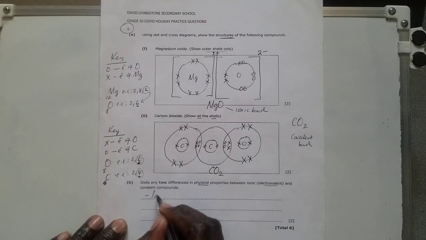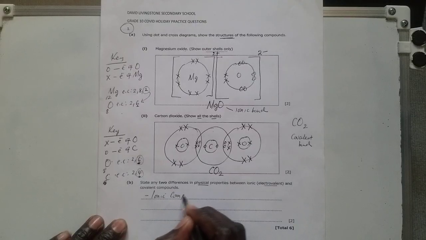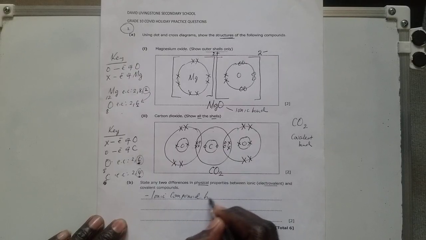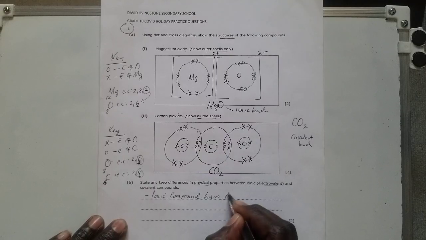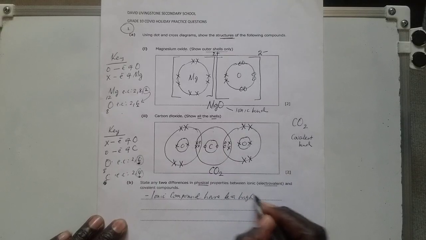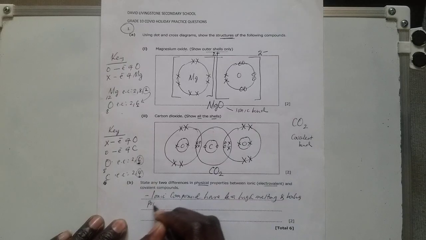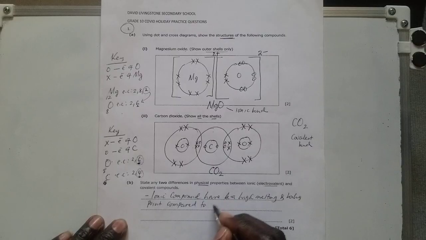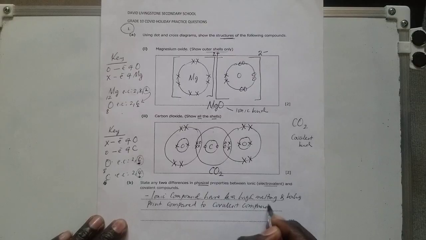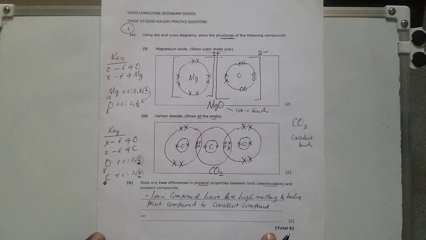I can simply say that ionic compounds have a high melting and boiling point compared to covalent compounds. So that's one of the physical properties that I can talk about. Then the other physical property that I can simply talk about is that